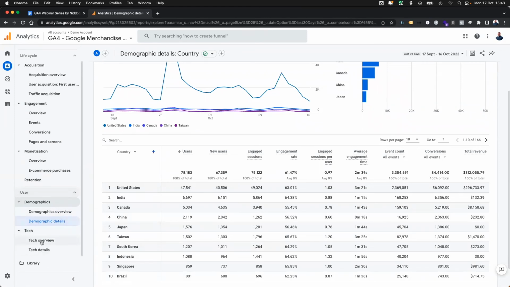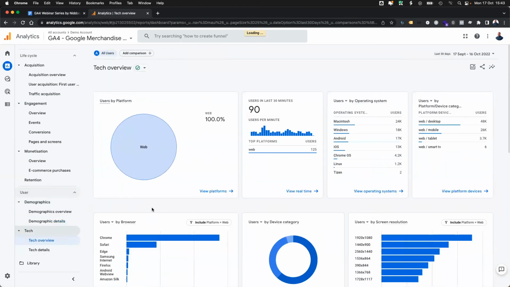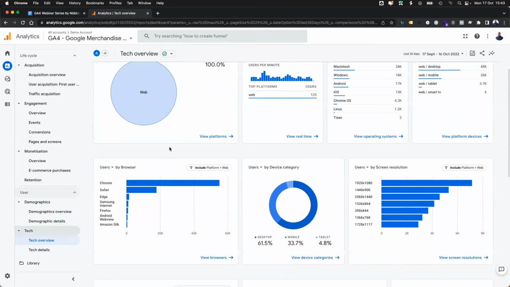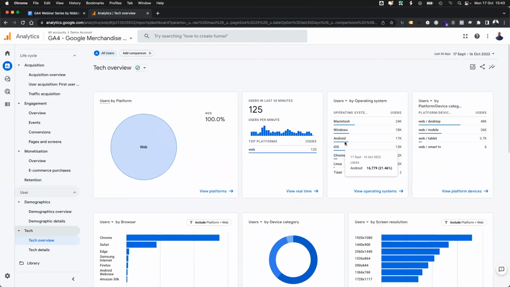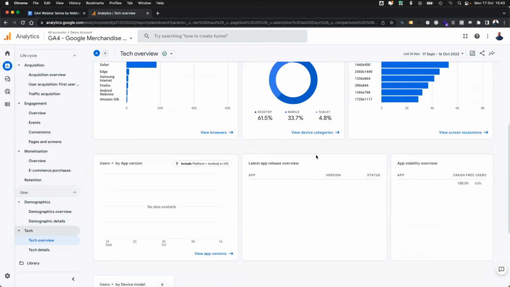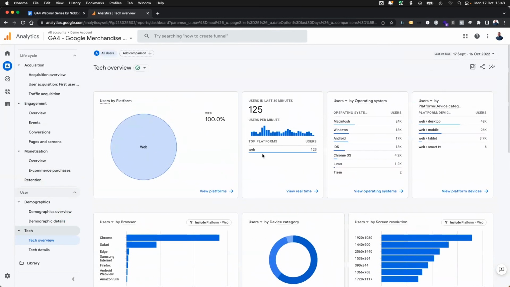In the tech section, if we look at the overview here, this is all about the browsers that people are using, the devices that people are on, operating systems that are being used. Still very useful information for developers. If you've got a mobile app, it can be quite useful as well to get details of the app stability. But it's really not necessarily what you would use on a day-to-day basis as digital marketers, but can be useful from a technical